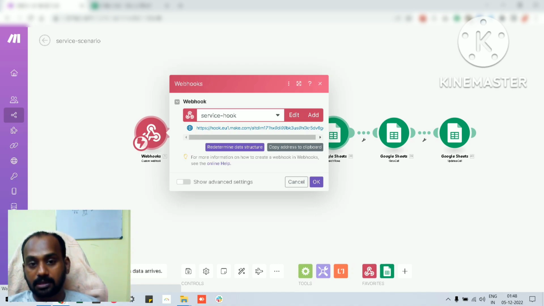You can just copy this URL and include it in the send webhook of any workflow you create, or any platform you use wherever it supports webhooks. You can input this URL directly into the platform. Once you do that, you can copy the address to the clipboard, and you can redetermine the data structure if you are sending test data, or if there is a change in the data